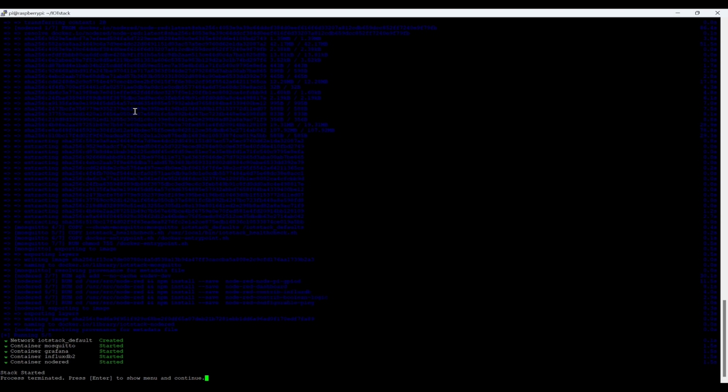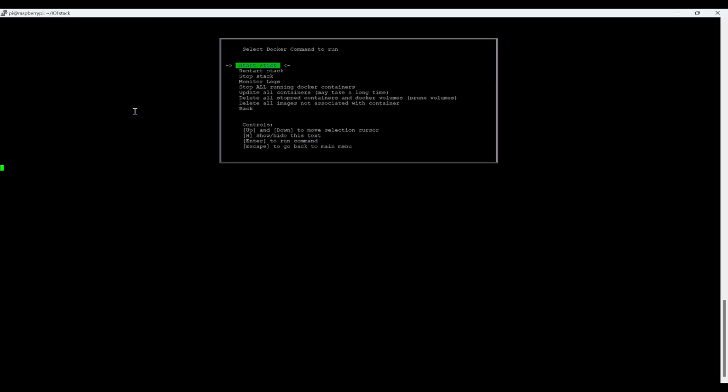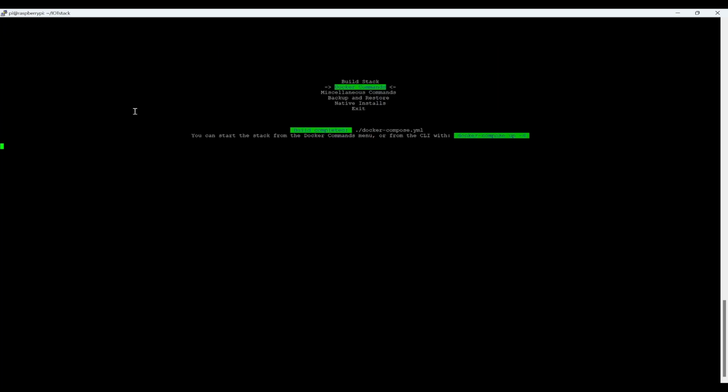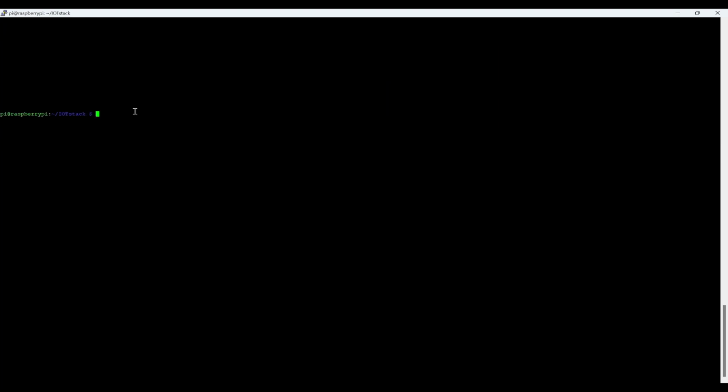Now you can see that the stack has started. You can just press enter and continue. Later on, if you want to stop any stack, you can do it from here. Now I'll go back and exit.